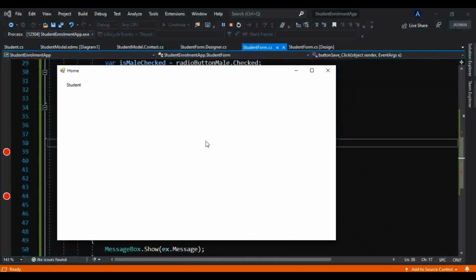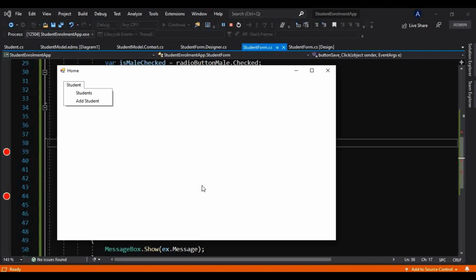Now in the next part we will learn how we can fetch this data from the database, and if I click on Students we should get redirected to a form in which we see the list of students we have in our database. We will also learn in the next part how we can make only a specific user log into this application, so that only an authorized user can handle it. Only an authorized user should have the authority to see the students and add a student into the database.